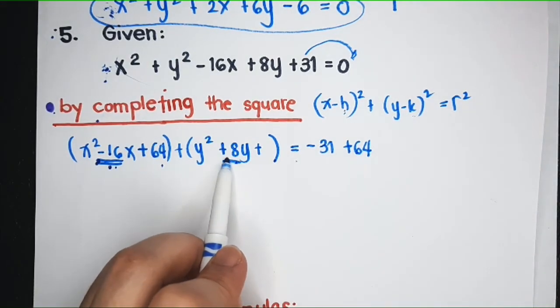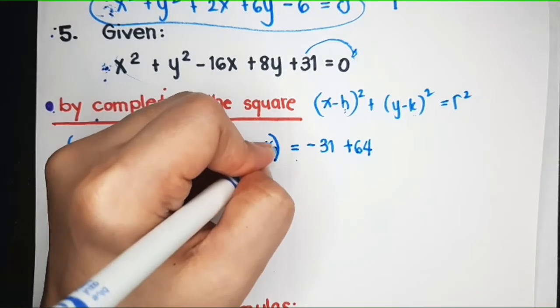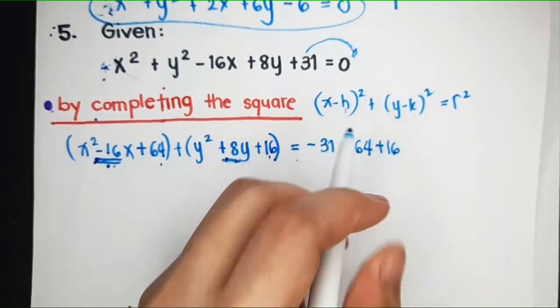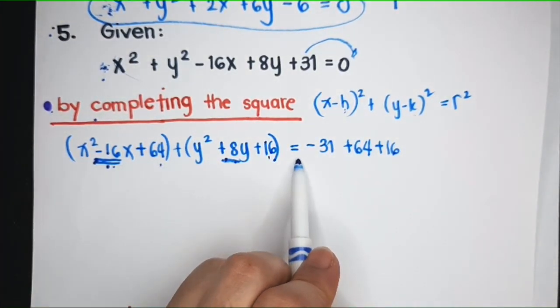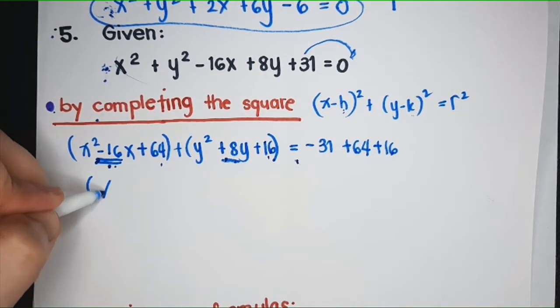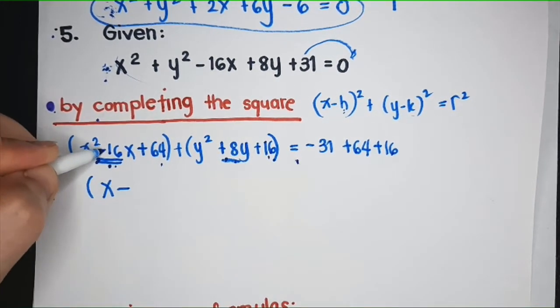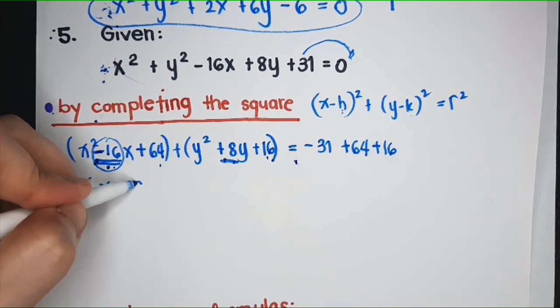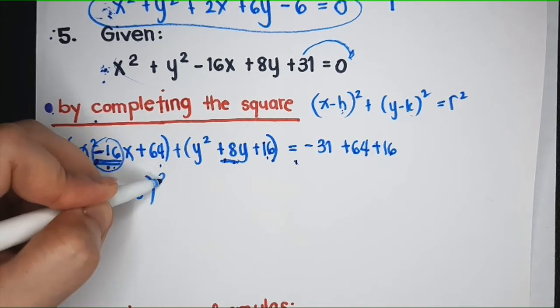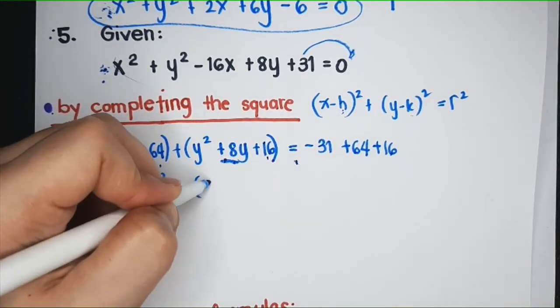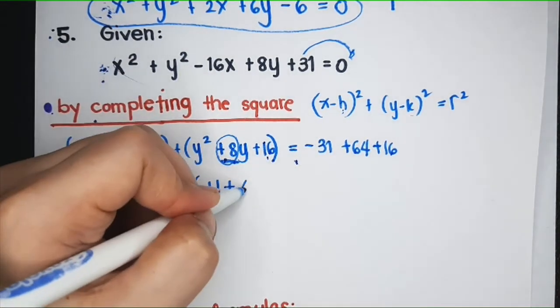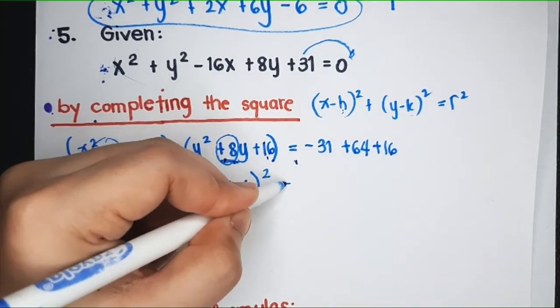8. 8 divided by 2, you will get 4. If you square it, you'll get 16. Nag-add ka ng 16 dito, don't forget to add 16 on the other side to maintain equality. And then that's it. Ito magiging x minus, kasi ito ay minus. Minus what? Kung ano yung answer dito kapag dinivide mo by 2. So, 8. Alright? Squared. Plus y plus ano yung answer pag dinivide mo to by 2? 4. Okay? Squared. Equals,